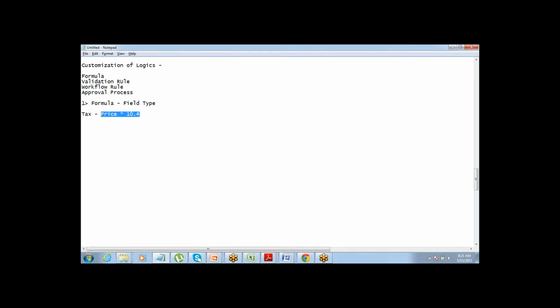So this becomes your formula field. All right. So how do we create it? Let's just take this example and try to create this formula field.